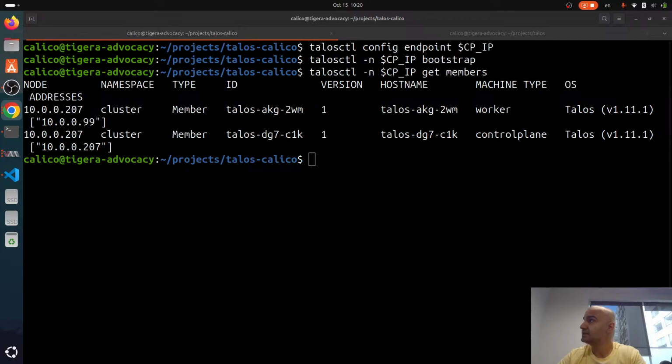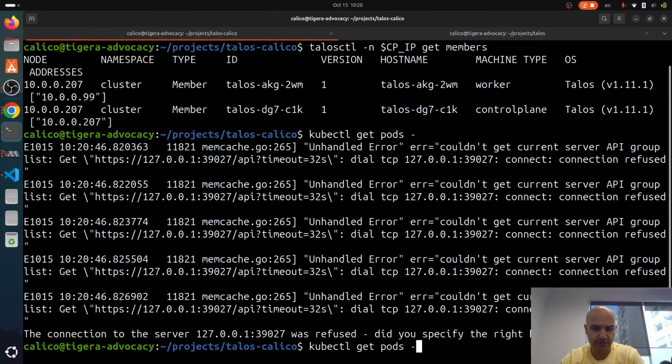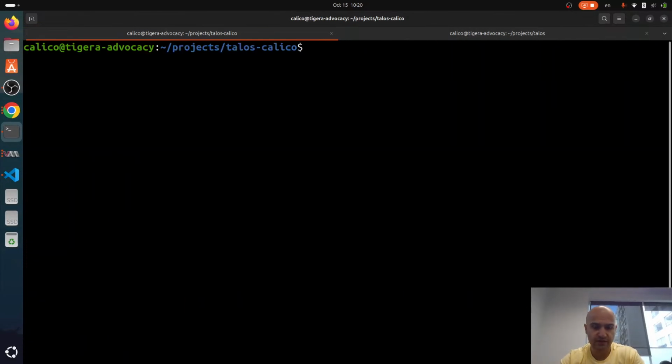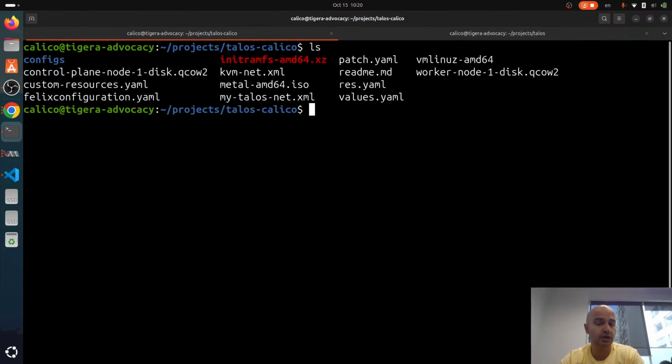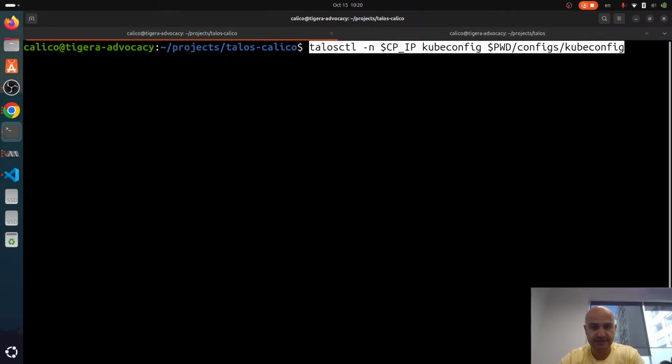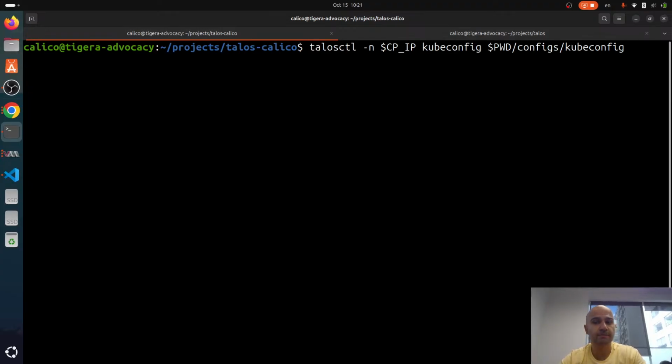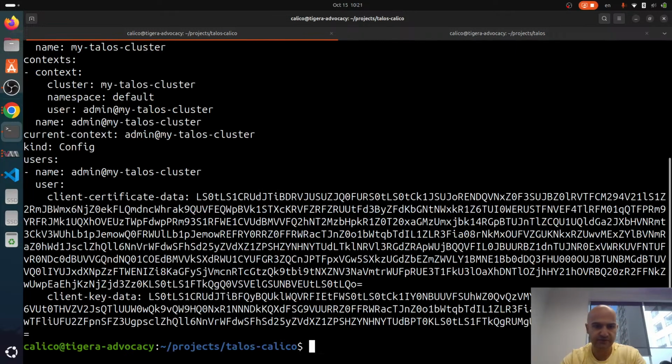So next, what I want to do is I want to communicate to this cluster of mine using kubectl. And if you are a fan of Kubernetes, you know that is how we communicate with Kubernetes. So what I'm going to do next is I'm going to use talosctl to extract the kubeconfig from the cluster that it's bringing up or bootstrapping. And now if you look in the configs and kubeconfig,